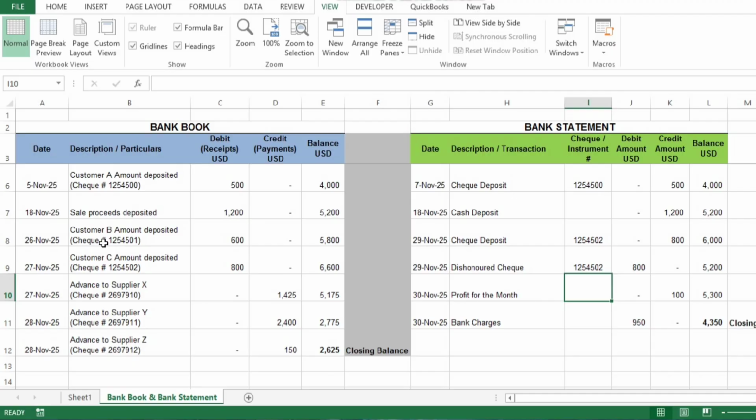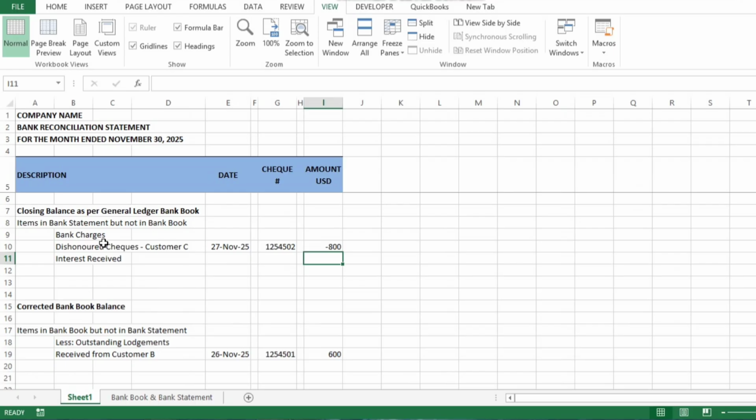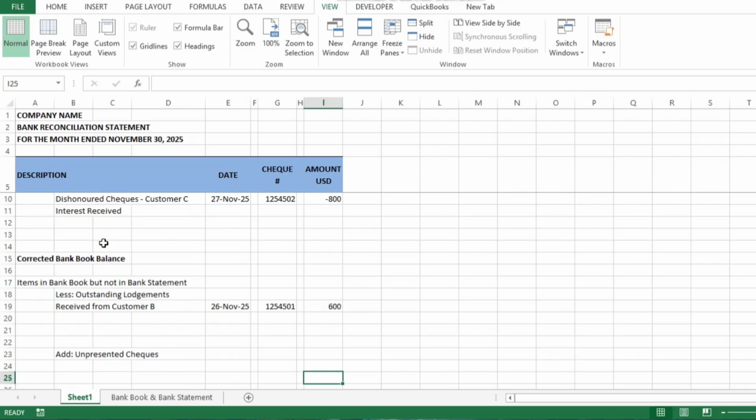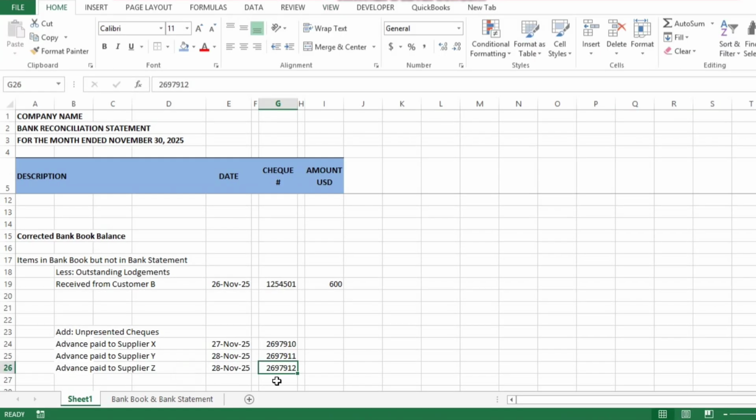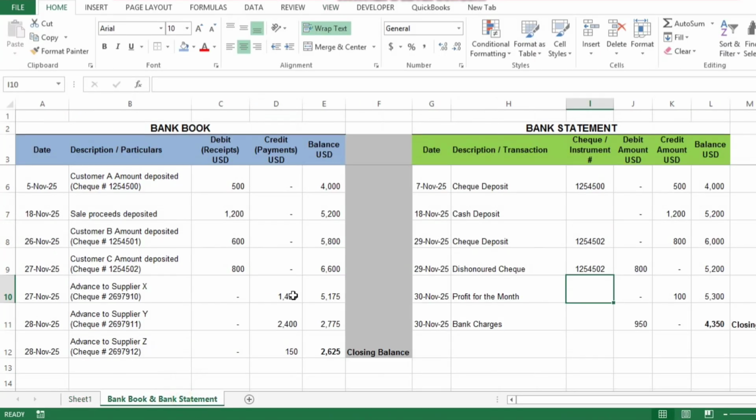Unpresented checks means payments recorded in the bank book but not yet debited by the bank. This goes to the bank reconciliation statement section, items in bank book but not in bank statement, under unpresented checks section, and type these 3 payments along with their details here like this and type in their amounts as positive figures,